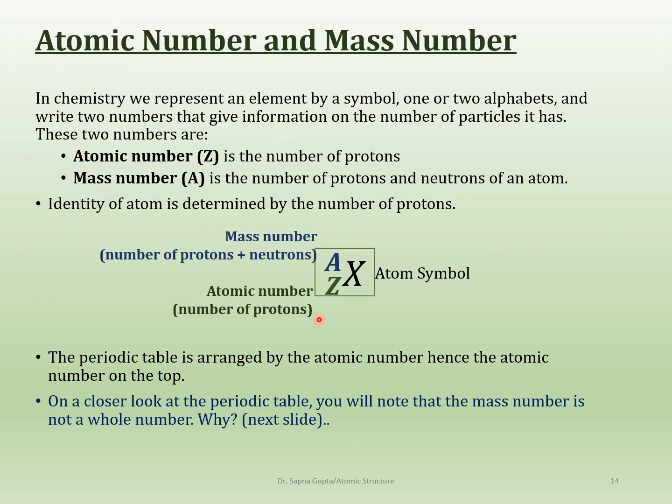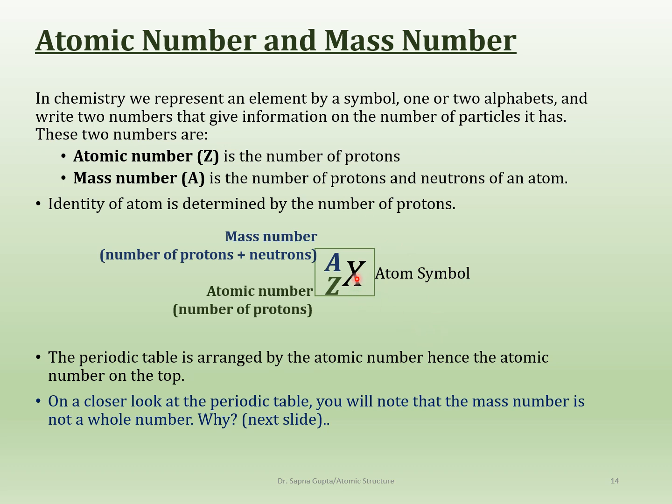So here it is then, the atomic mass and the atomic number. These two numbers become really important to us because this is how we are going to go forward. Atomic number is the number of protons. Remember, protons are inside the nucleus, and the mass number is the number of protons and neutrons. We are going to be dealing with these numbers all the time, so you need to familiarize yourself with this.